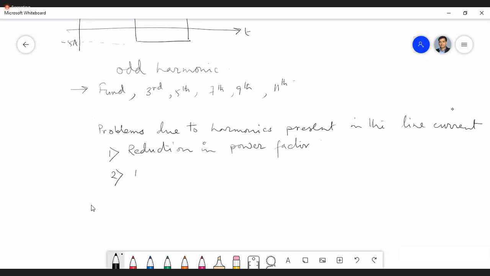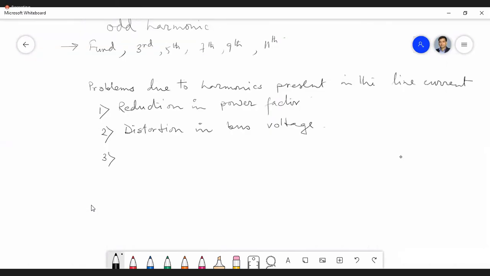Number two, distortion in bus voltage. Okay. Number three,